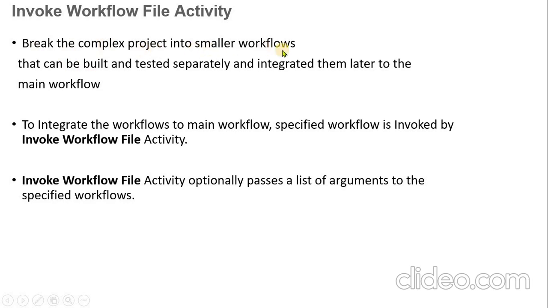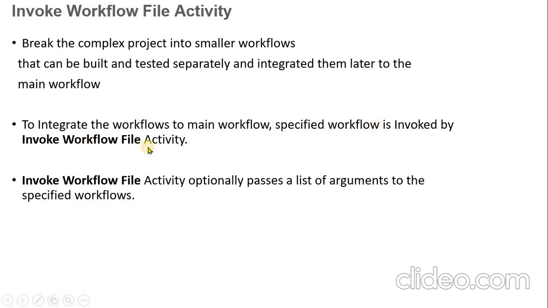So we break the complex project into smaller workflows, right? When we create smaller workflows, we can easily build and test them separately, and later we can integrate the whole thing into the main workflow. That means we need to break the complex project into smaller workflows, right? To integrate a workflow into the main workflow, the specified workflow is invoked by the Invoke Workflow File